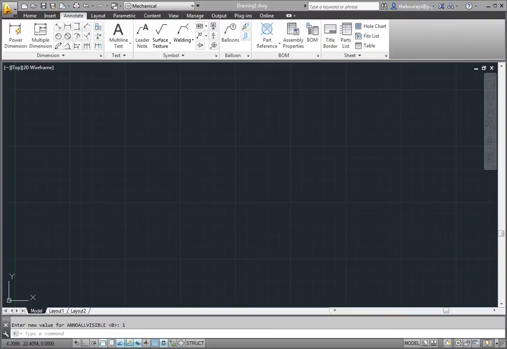Configuring your settings for the power dimensioning command will save you a great deal of time. By having them pre-configured and ready to use, you will not have to set up a new dimension style for each new drawing that you create. In the ribbon Annotate tab, Dimension panel, in the lower right corner, click the dialog box launcher to open the